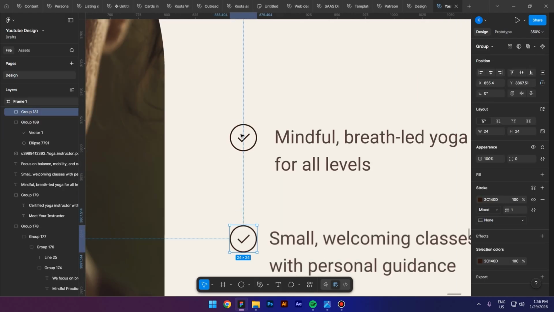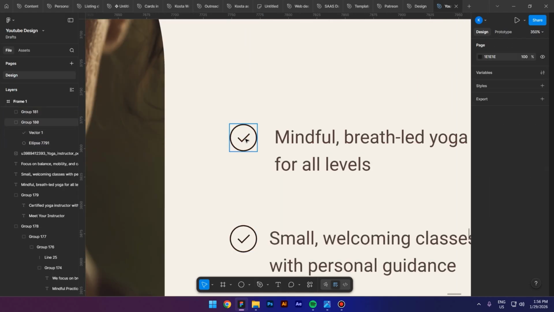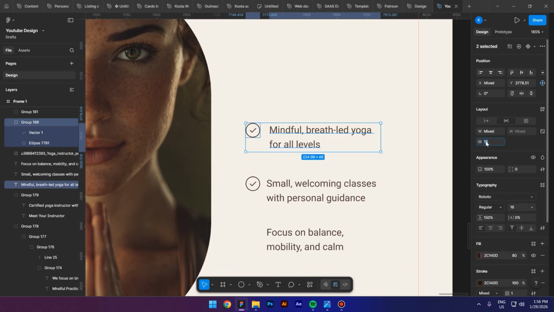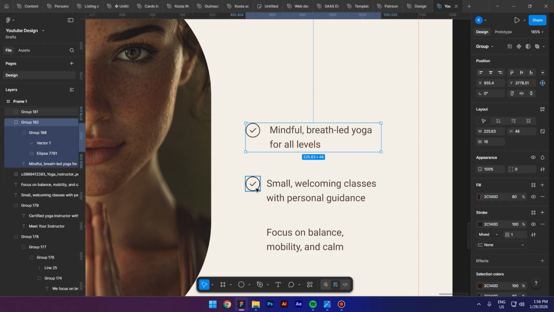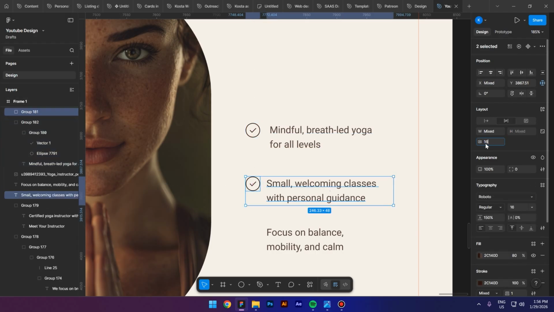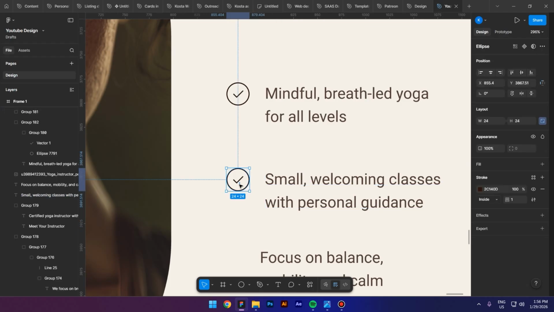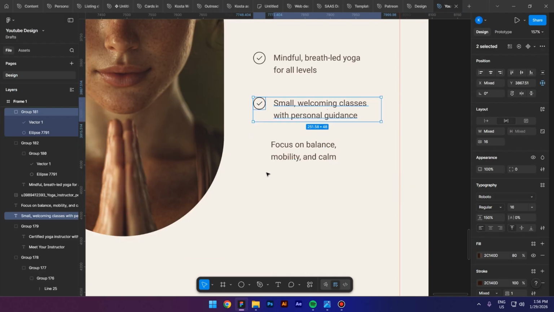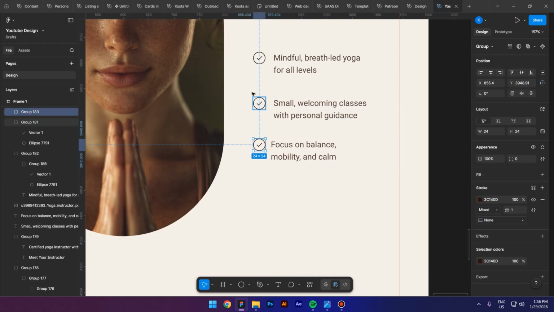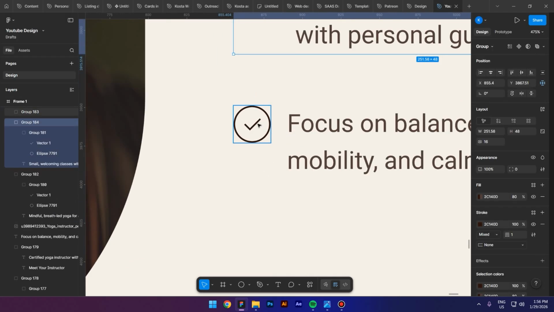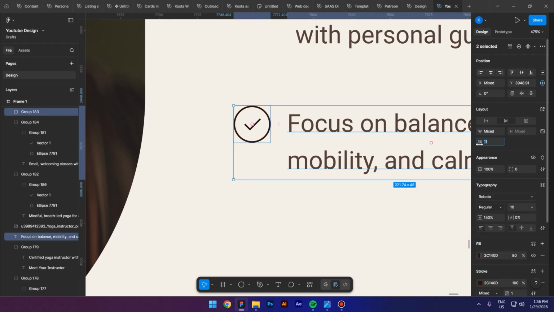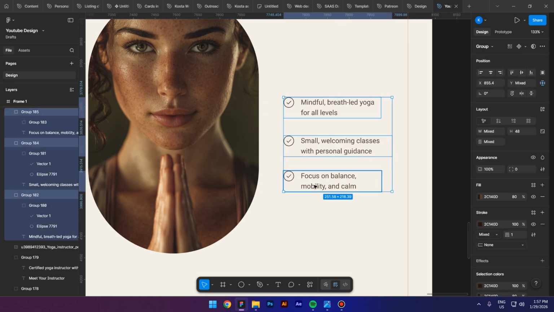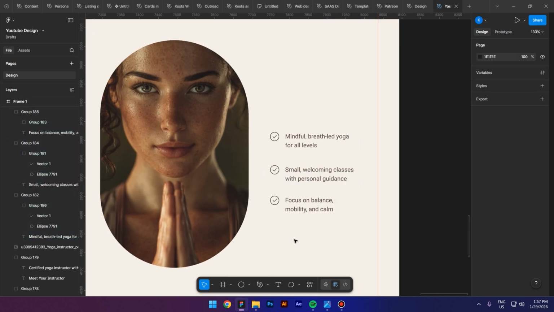Duplicate it. Now make sure that when you align this, you align it like this. Then add a 16 pixels gap, the same here, 16 pixels gap, and make sure it's aligned correctly. Okay, and duplicate this one more time. Now select this, group it together, and 16 pixels gap here as well. So everything looks fine. Now let's select all of them, or actually let's add some dividers like here, because we